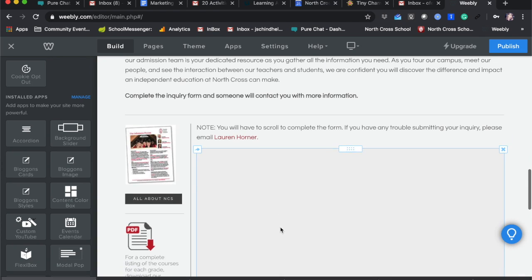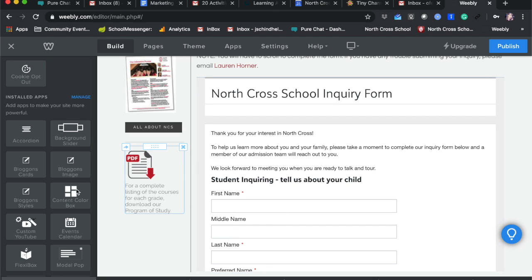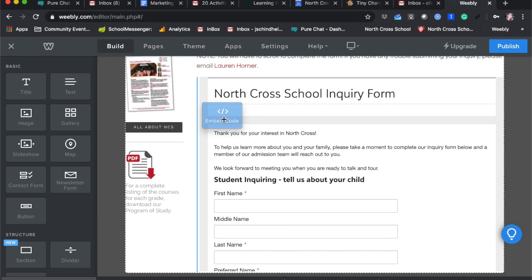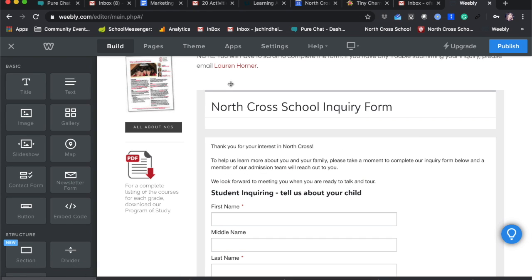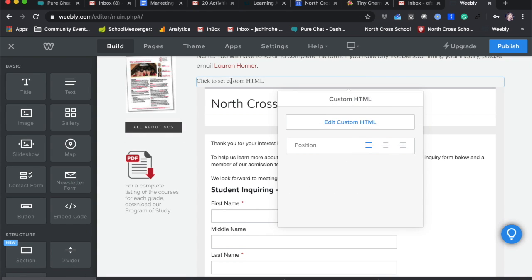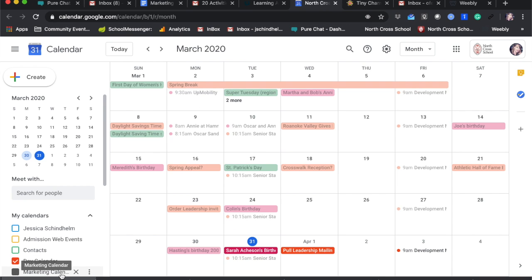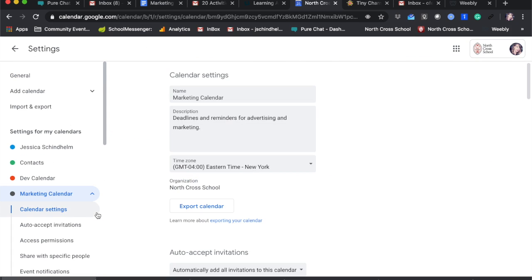That's one more thing I can show you quickly: they do have this feature for embed code, and that's how this inquiry form is currently showing up. When you drag a thing like that, you just get this blank sort of edit custom HTML. And so like when we embed Google Calendars and things like that, if I were to go to the marketing calendar and hit settings and sharing, you would see down here,